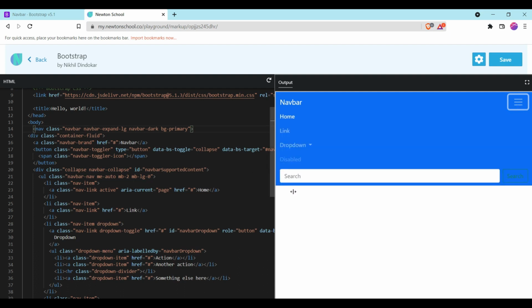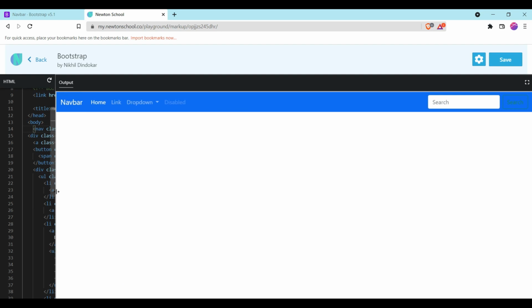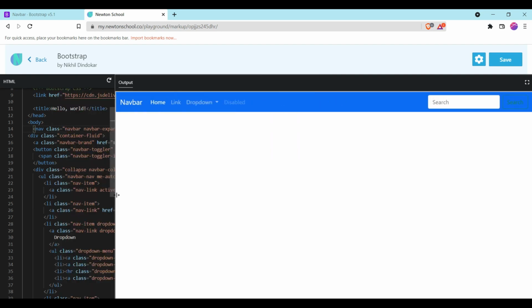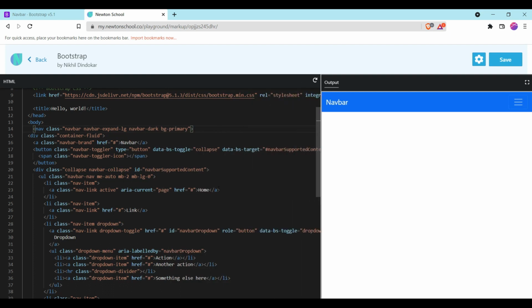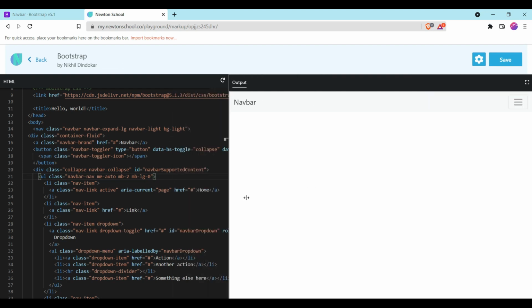You can also add the black color and another one also. But I will keep the previous light color, it is looking good, I think. You can add any color that you want.